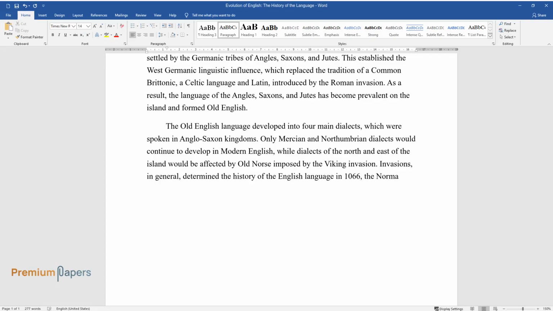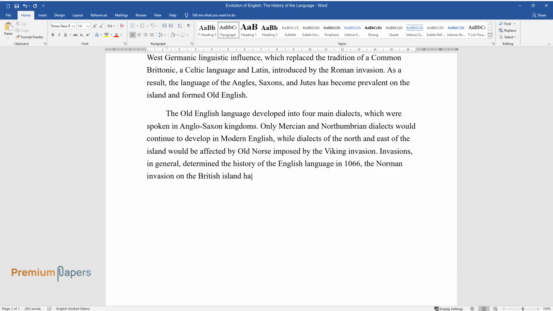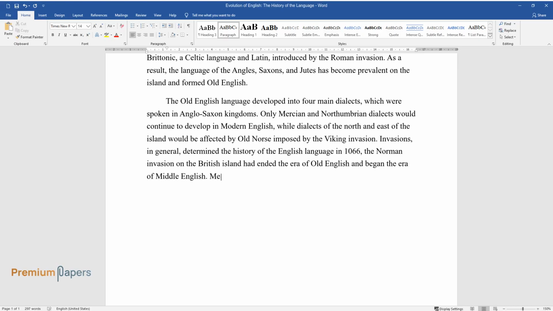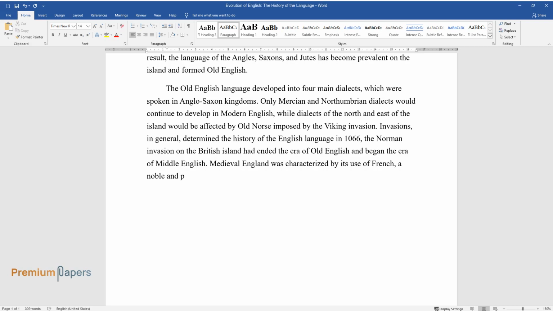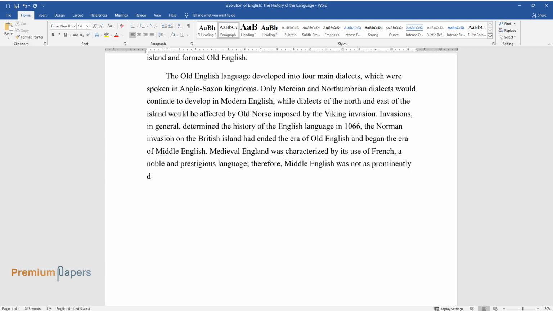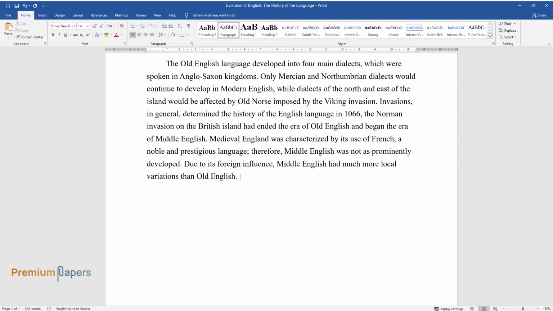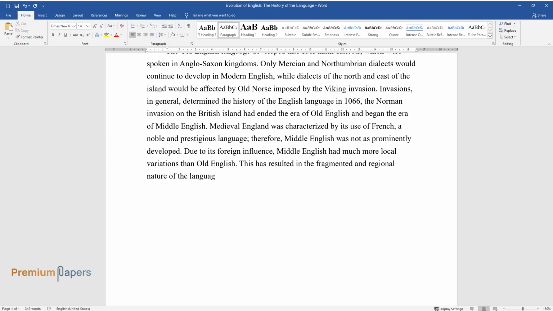In 1066, the Norman invasion on the British island had ended the era of Old English and began the era of Middle English. Medieval England was characterized by its use of French, a noble and prestigious language. Therefore, Middle English was not as prominently developed. Due to its foreign influence, Middle English had much more local variations than Old English. This has resulted in the fragmented and regional nature of the language, which represented a lack of unity on the